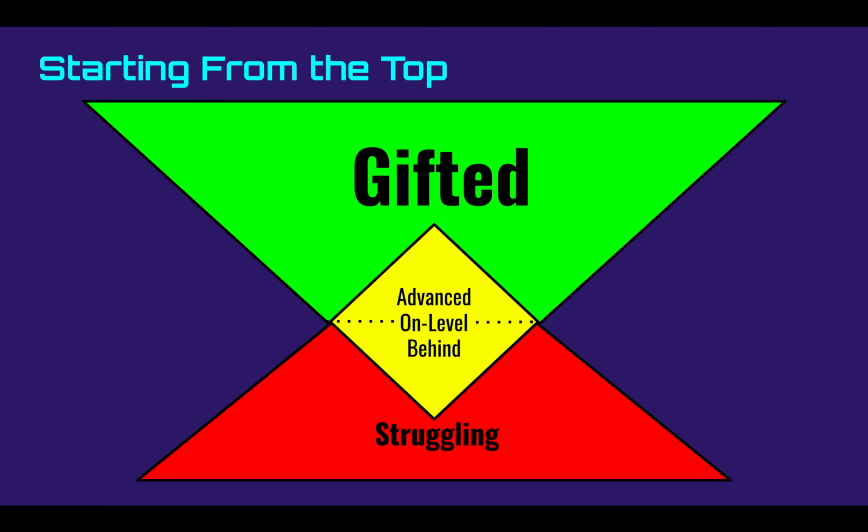And then we scaffold it so that kids who are not gifted, kids who don't fall in that range, whether they're advanced on level, whether they're just a little bit behind, or whether they're really struggling, we take that gifted experience and we scaffold it down, whether it's through pacing and other supports, so that all kids get rigorous and advanced learning. Not everybody's going to get it the first time, but all of this stuff that we're going to be talking about, I truly do believe that with the right structure and the right support, all kids, regardless of whether or not they are gifted, could benefit from these strategies. The big secret in gifted education is that gifted education is really just good education a lot of the time.